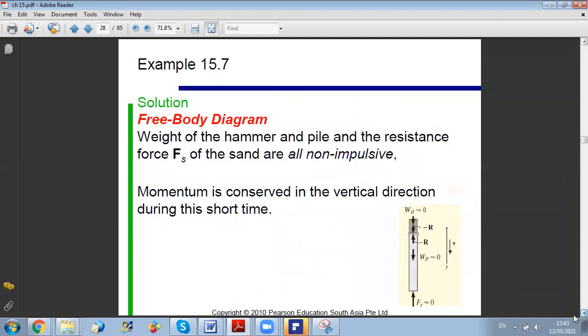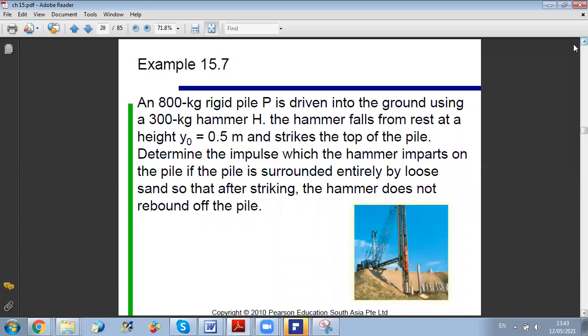This is why if you present the free body diagram during collision, we have the weight of the hammer, the weight of the pile, and the reaction of sand, agreed. But all of them will be negligible compared to the impulsive force, because the time of collision is very short, meaning the other forces won't have time to create impulse. Okay, this is why whenever we have a collision, which is short anyway, especially if they don't give you the time of collision, you can understand that it is a very short collision, and you can say then that all other forces besides the impulsive force and the forces related to them are non-impulsive.